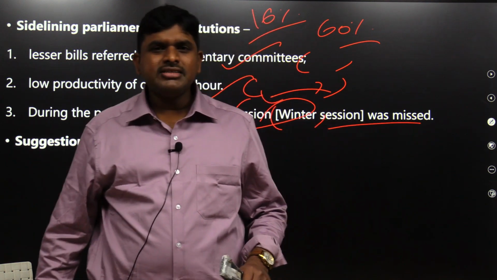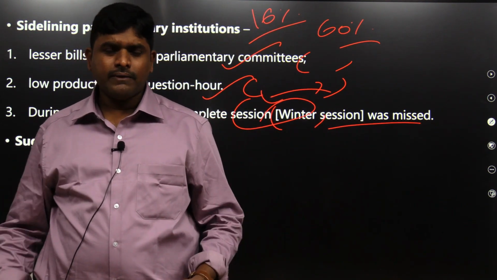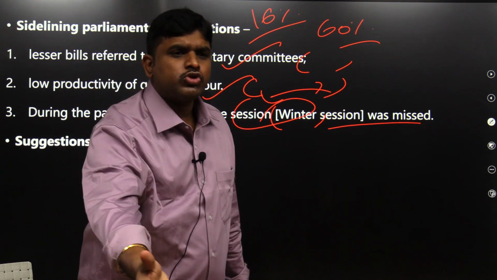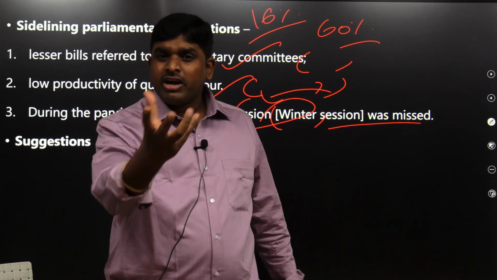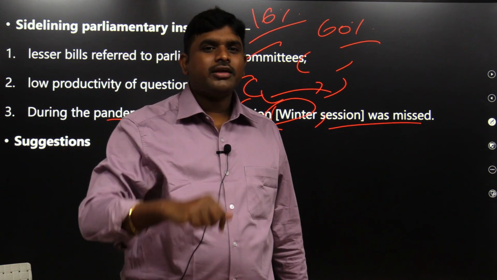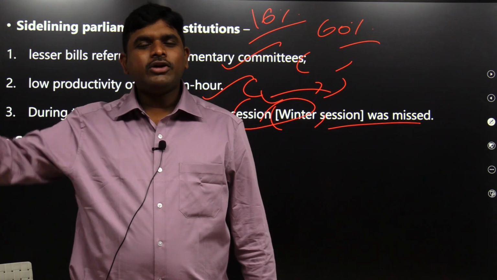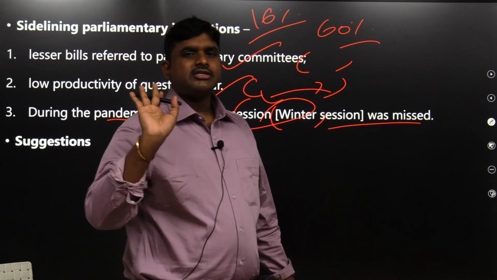Why are parliamentary committees important? Because scrutiny is important, no? If I do some work and you scrutinize, and many members scrutinize, that is good. A better product will come out. But you are escaping what? Scrutiny. When you are escaping scrutiny, it means there is no accountability. Like this, to the point with examples.